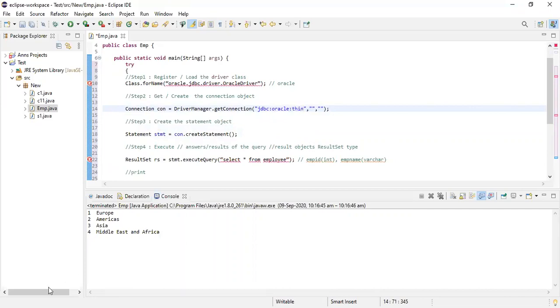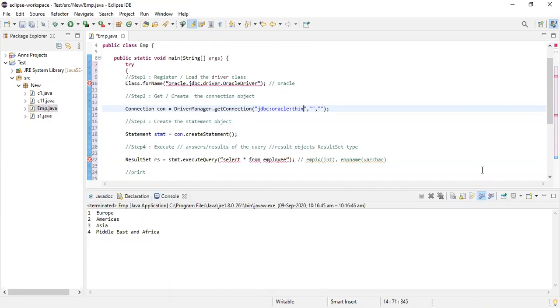Now, in those JDBC driver types, you have a driver called pure driver or thin driver, which means you need not have any extra middleware in between.